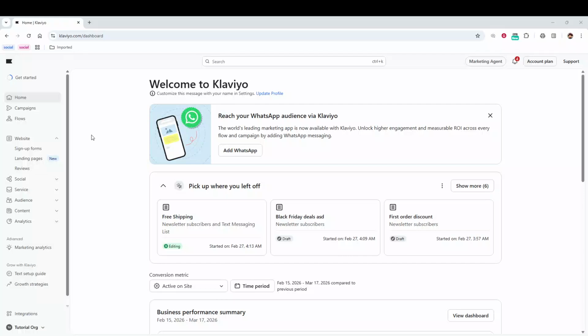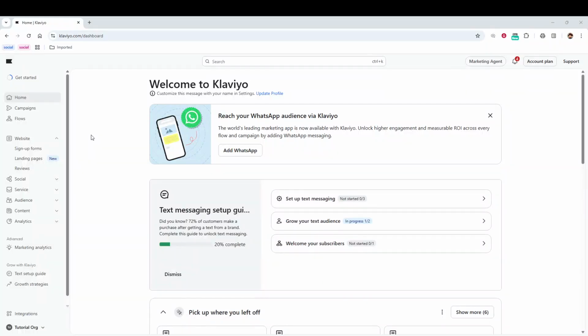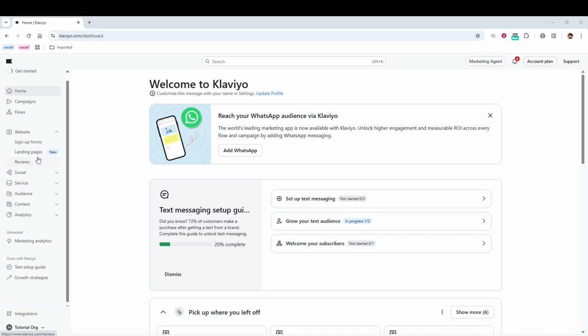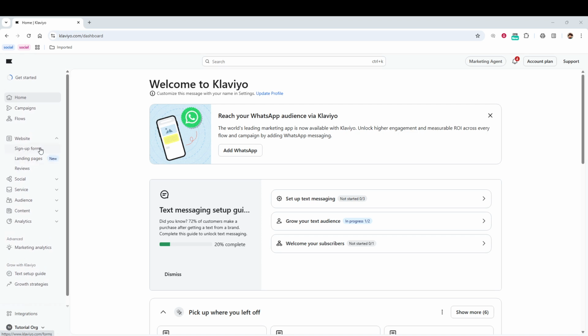In today's video, I am going to teach you how to add an embed form in Klaviyo. The goal here is to take a sign-up form that you have already designed and saved as a draft, publish it, and then enable it so you can embed it on your website. I will walk you through the exact clicks inside Klaviyo, and I will also share a few quick pointers so